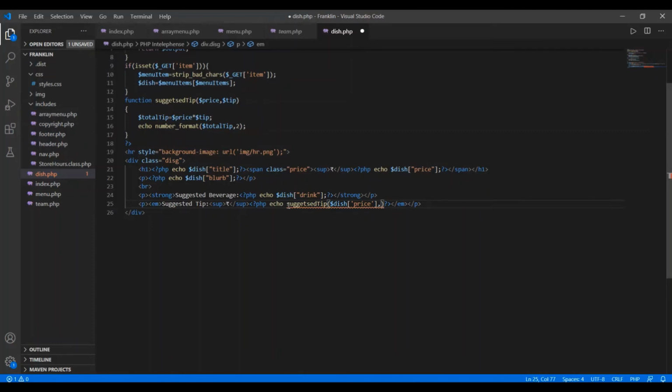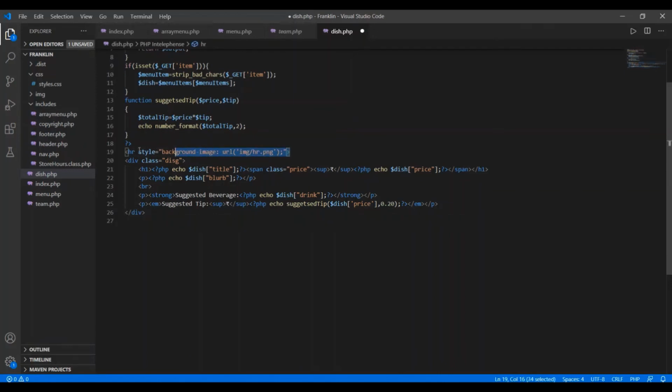So for this I am giving the value 0.20. Okay, and here put the semicolon to terminate the statement. So this is almost done here, and this tip is closed.